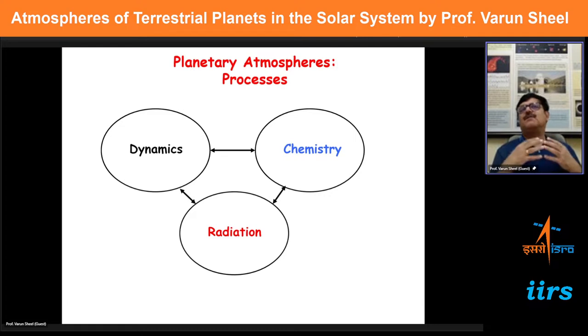Now, if you want to study atmospheres in general, planetary atmospheres, that is what I'm calling it. Usually, when we say planetary atmospheres, it's mainly dealing with all atmospheres except the Earth, because Earth's atmosphere has a very rich history of studies. So traditionally, you study other planets, but I'm going to cover all three of them. And what is it that we want to study?